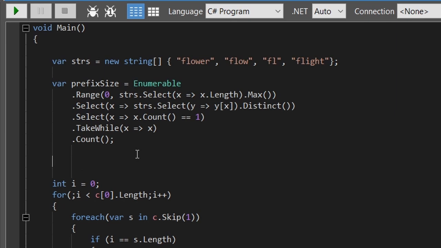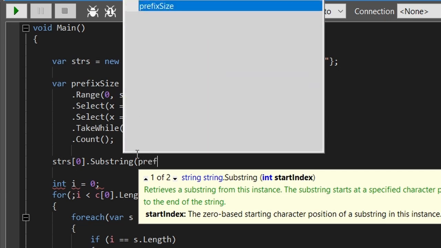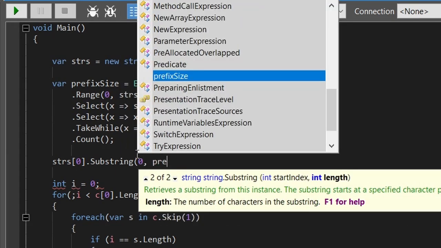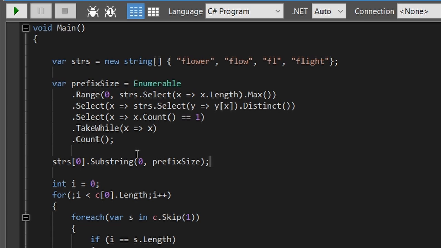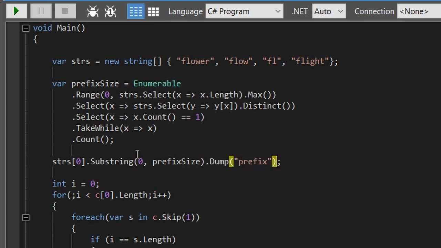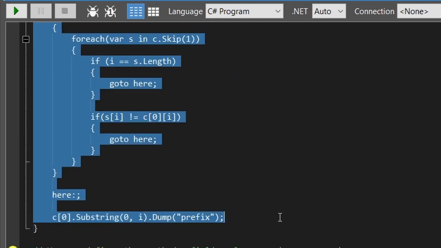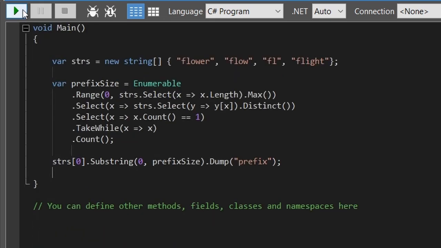I think we can just say strings[0].Substring 0 to prefixSize, dot Dump prefix, and bin off all of this. Obviously a weird solution, but